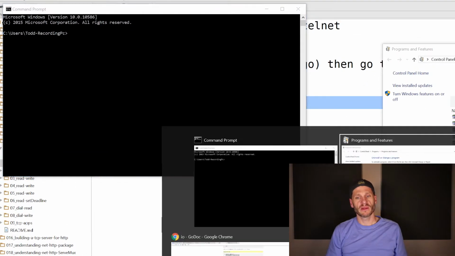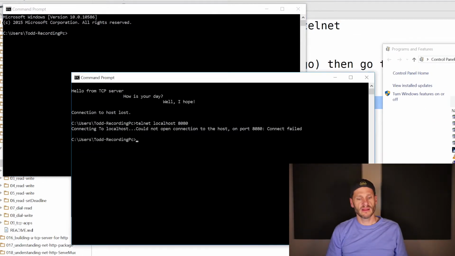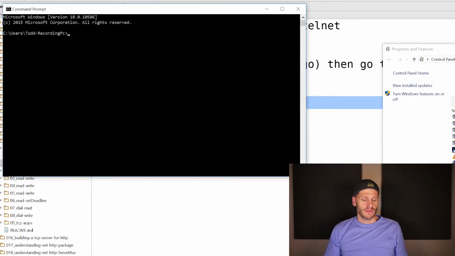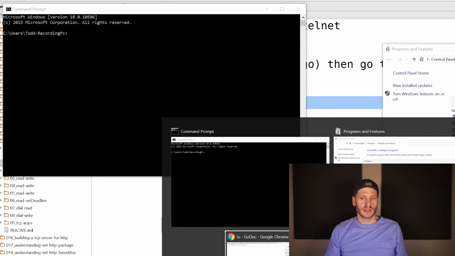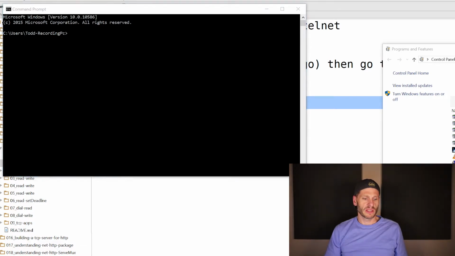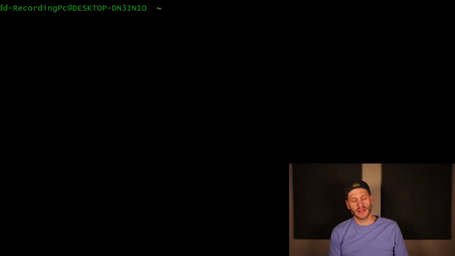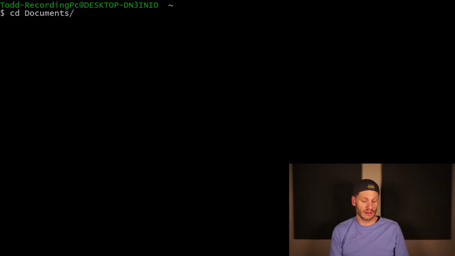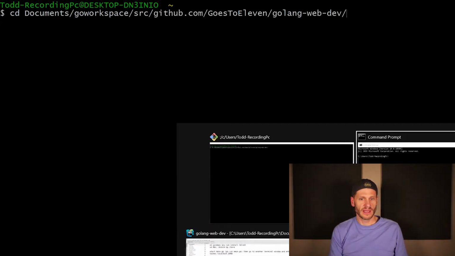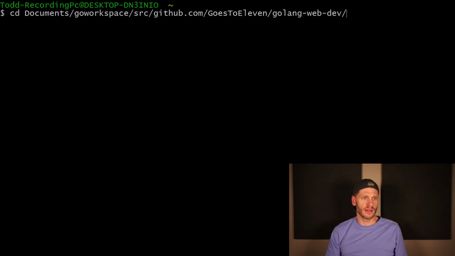And then start your command prompt on Windows. So there's my command prompt. And then here's my shell. Close that one, I don't need another one. I was just testing everything out before I ran. I don't have a shell open, I have a command prompt open. Let me open my shell. So there's my Git shell. And navigate to Documents, Go workspace, src, GitHub, Go 11, Golang Web Dev. And we are in